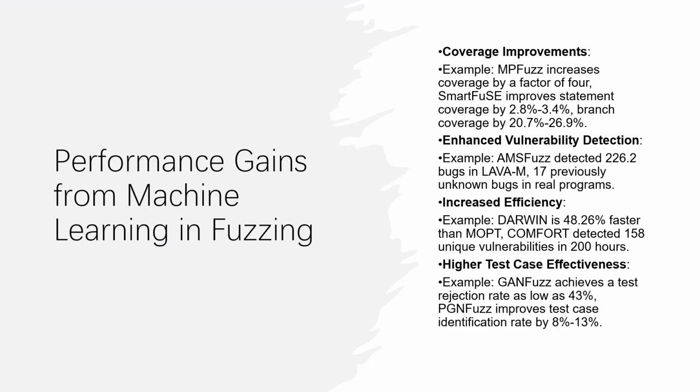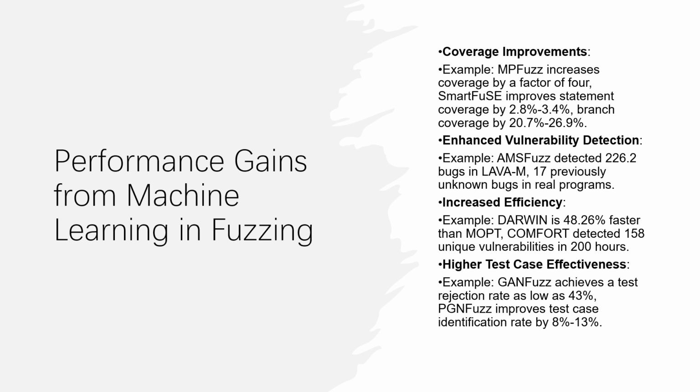Performance gains from machine learning in fuzzing. The integration of machine learning with fuzzing provides several performance gains, including increasing coverage, improving vulnerability detection capabilities, enhancing efficiency, and higher test case effectiveness. Coverage is one of the most important indicators for evaluating fuzz performance, as it reflects the possibility of triggering crashes. Existing research has shown that machine learning algorithms applied in fuzzing can effectively improve the coverage and greatly enhance the